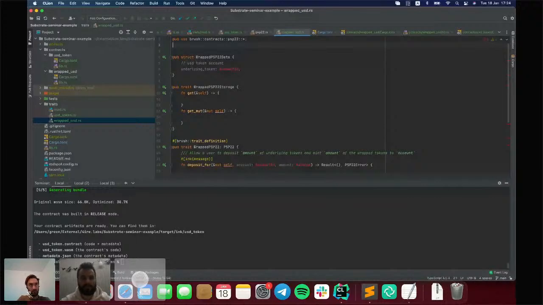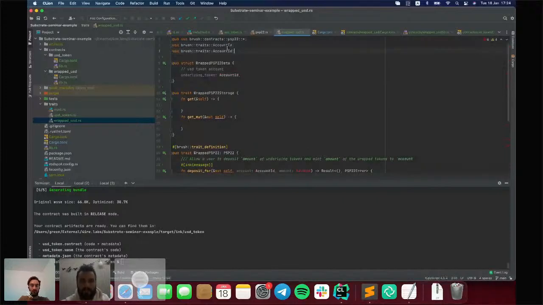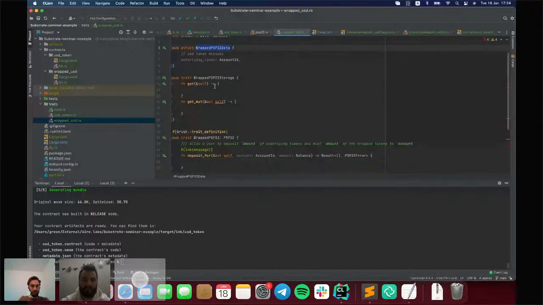Use brush traits AccountId, and Balance. Yeah, and here we will return a ref to the data type, and here we will return a ref mut to that data type.